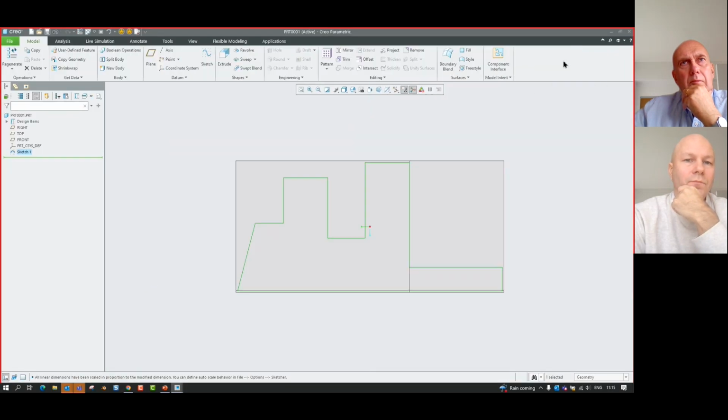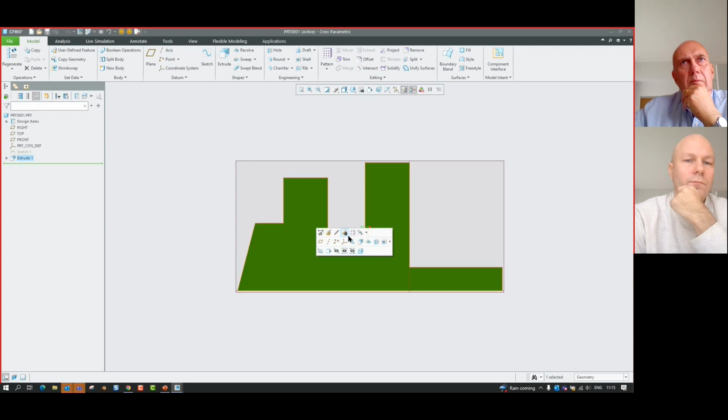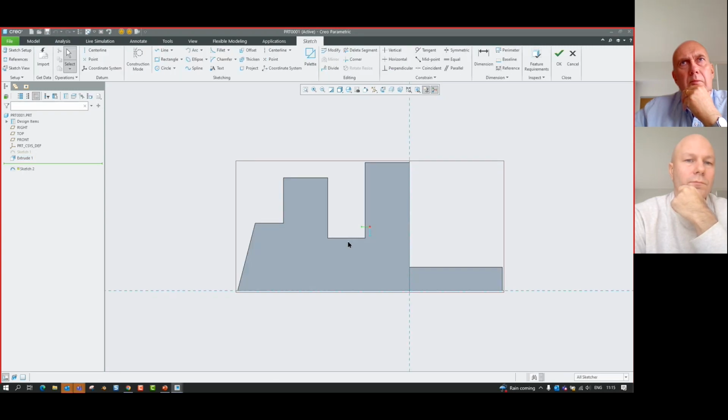And what I'm going to do here is use this sketch that I just created. I'm going to extrude this to create a new body. Then I'm just going to create another sketch on the face of this body here. In this case, I'll demonstrate the project tool, but the improvements we've made to the project and offset tools are pretty much identical. So this time I'll use the project tool and you can immediately see I've got this much cleaner and more intuitive user interface than the old bullet point system I had in Creo 8 and prior versions.